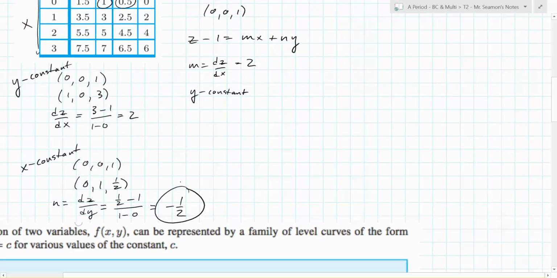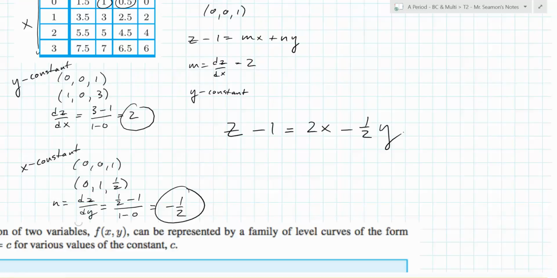So now we take these two values and plug them in, and we end up with z minus 1 is equal to m, which is 2x, minus 1/2 y. There it is. So it's really easy, as I just showed by my own mistake, to not pick the correct direction to go in. It is really, really